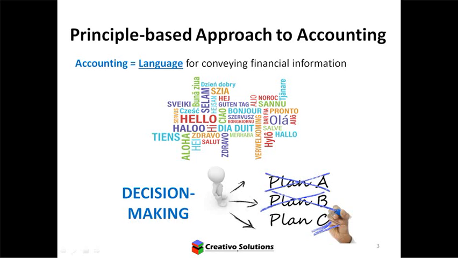In this particular module, we're focusing on the process. We know that decision making is the end goal. We need good information to make reliable decisions. We can't make a decision if we don't even understand the information. So we need to have the ability to read and to interpret the language being used. And that's why accounting is so important, purely because it's a way to convey financial information. And that's what we're trying to learn.